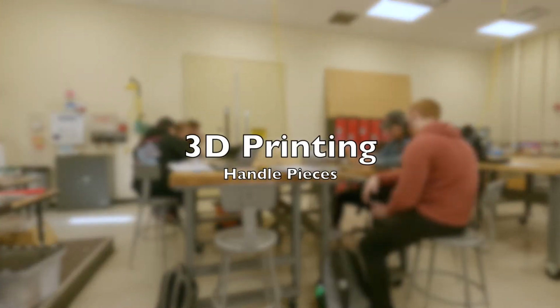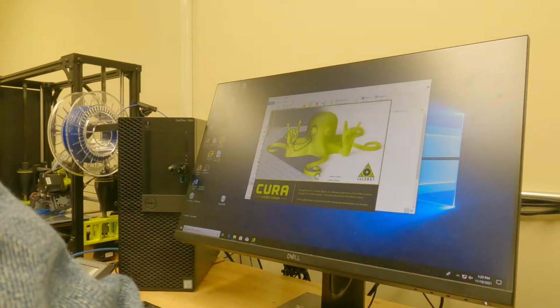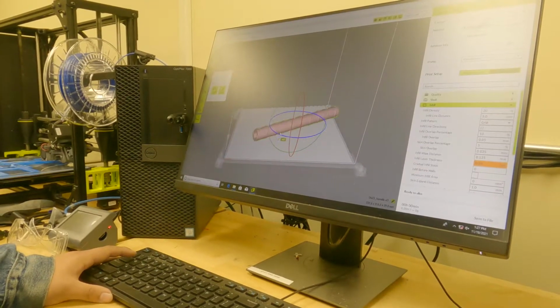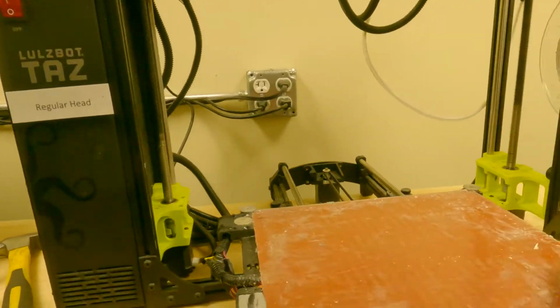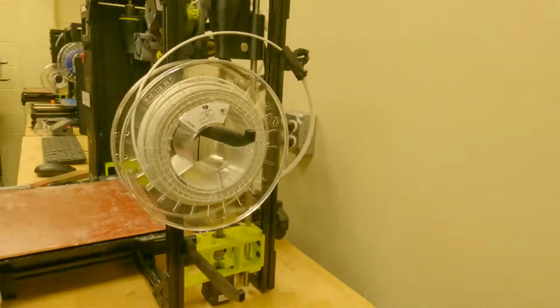3D printing. The 3D model is transferred to a 3D printer. Sideways orientation was chosen to reduce support material removal as much as possible. The print will take about